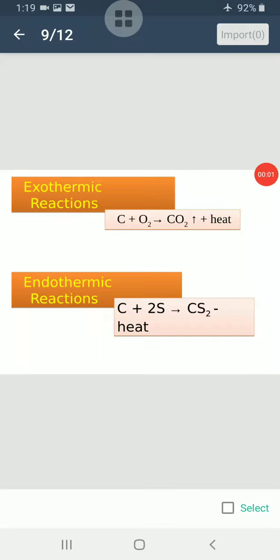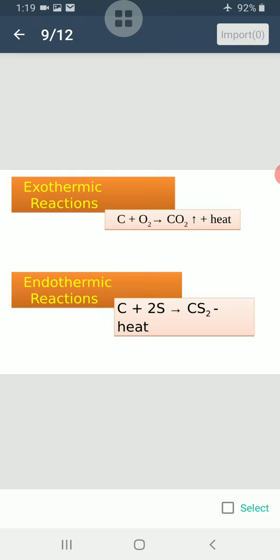Characteristics is changes in energy. Almost all the chemical reactions are accompanied by energy changes. During the reaction, energy usually is in the form of heat and it may be released or absorbed. So, according to the absorption and release of energy, there are two types of reactions: exothermic reactions and endothermic reactions.